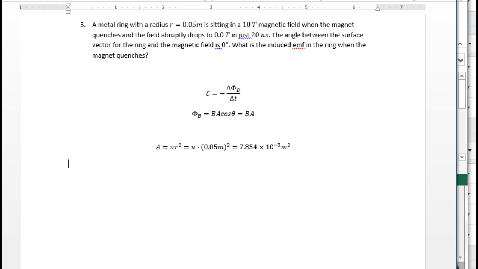Alright, that's the area. Magnetic field is 10. That means the magnetic flux when we start is 7.854 times 10 to the minus 2 Tesla meter squared. That's where the magnetic flux starts. Where it ends is 0. The amount of time it does it in is 20 nanoseconds. So the induced EMF